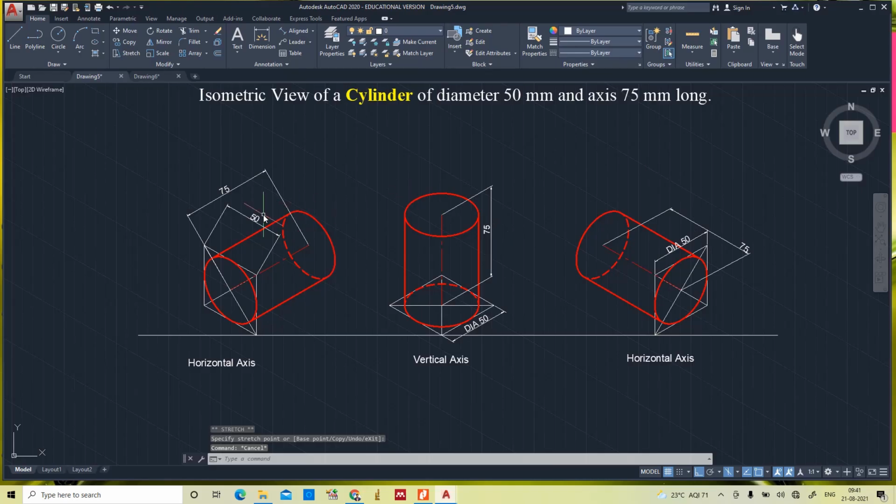Yes, and the same we can apply for this one also.